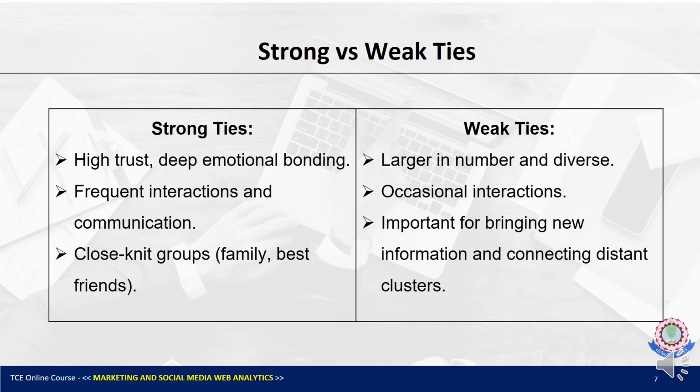Strong ties versus weak ties. You have seen about strong ties versus weak ties in the last module. Strong ties are close, emotionally meaningful relationships. Weak ties, however, are acquaintances or distant contacts. In social network theory, weak ties are often more powerful for spreading information. You may not talk to them daily, but they help you reach completely new communities.